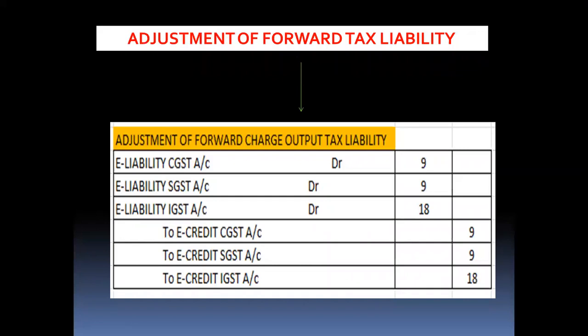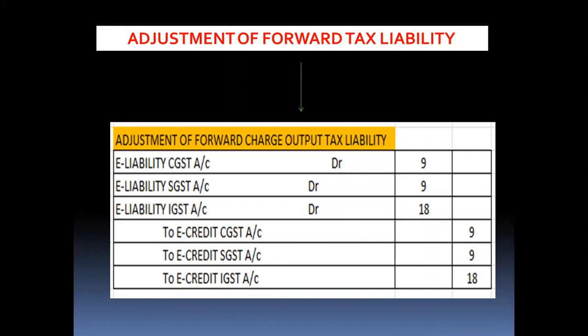Moving on to the treatment for adjustment of output tax liability with the e-credit ledger on the date of GSTR 3B filing, the entry should be passed only to the extent of liability set off with ITC in GSTR 3B. Entry for adjustment of forward charge output tax liability would be e-liability CGST account, e-liability SGST account, e-liability IGST account debtor to e-credit CGST account, e-credit SGST account and